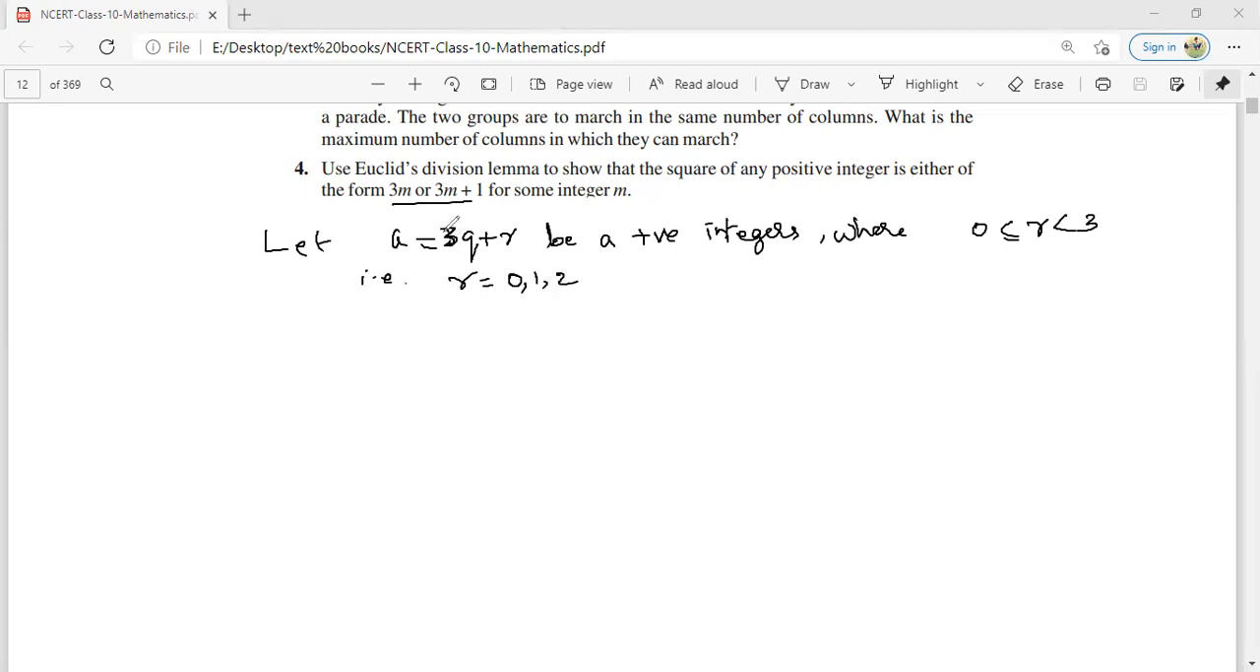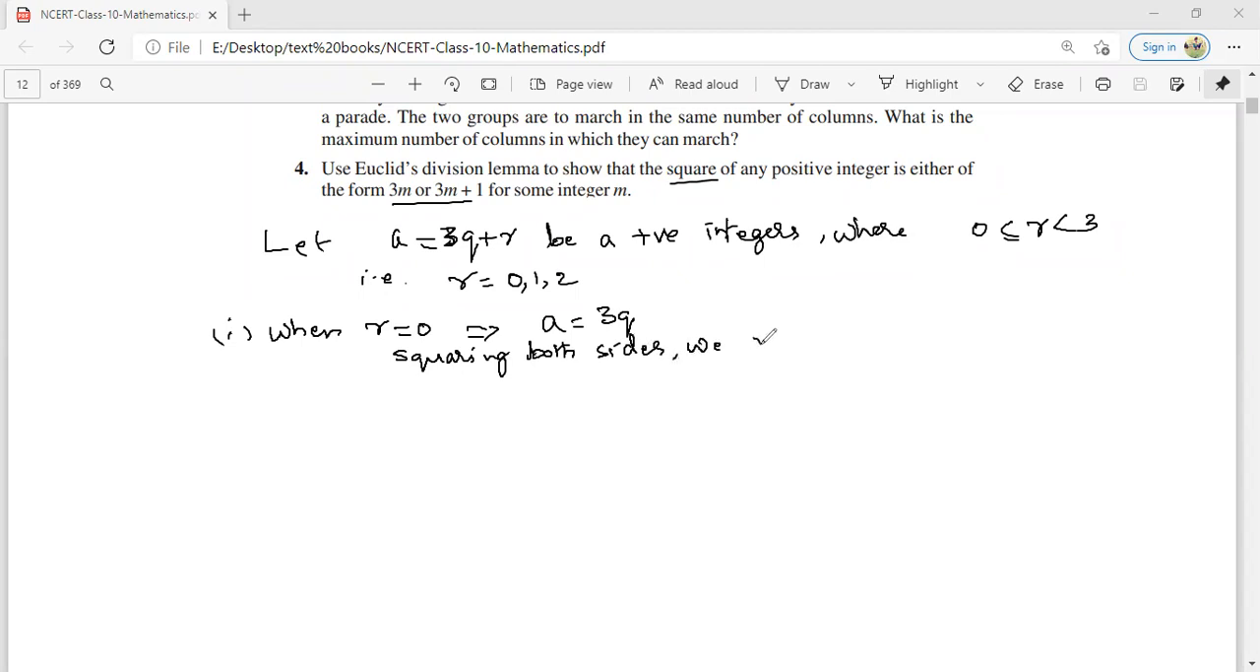So in the first condition, when r is equal to 0, a will be equal to 3q. This is a positive integer which can be written in the form of 3q, but we have to find the square of this number. That's why in every part of every question you have to square. So now squaring both sides,